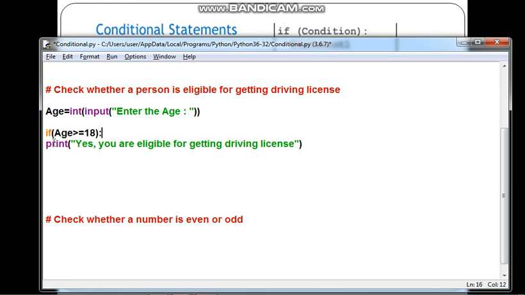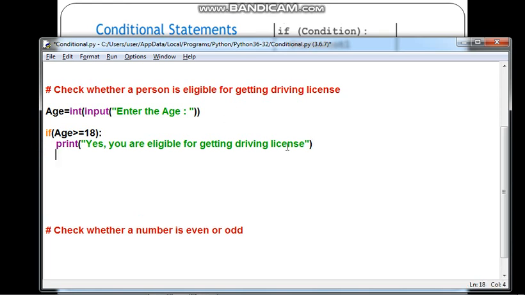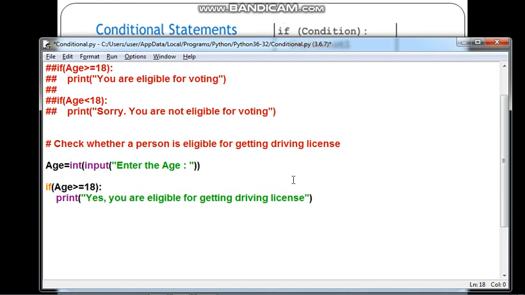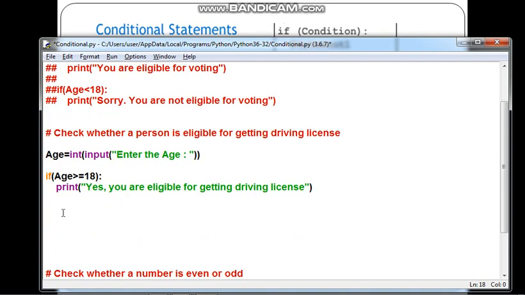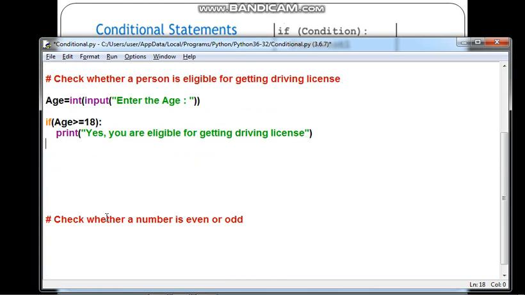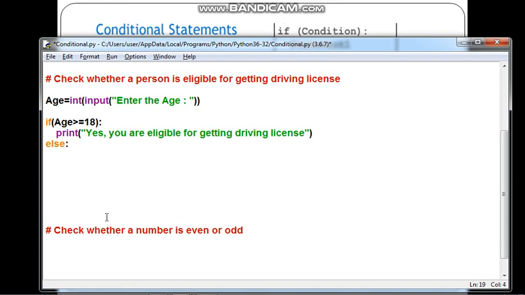When we put this colon, automatically this will be indented. I forgot to put the colon, that is why it was not indented. In the earlier case when we checked voting, we used a second if. Here instead of giving another if, we are just using the else part. Else colon. Now we are writing the false part. For the false part we can just write, not